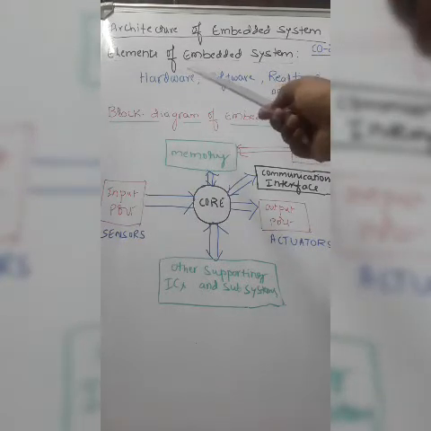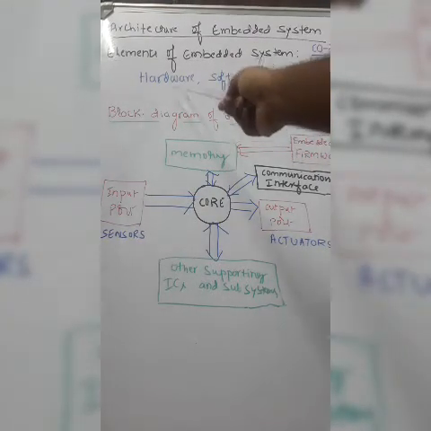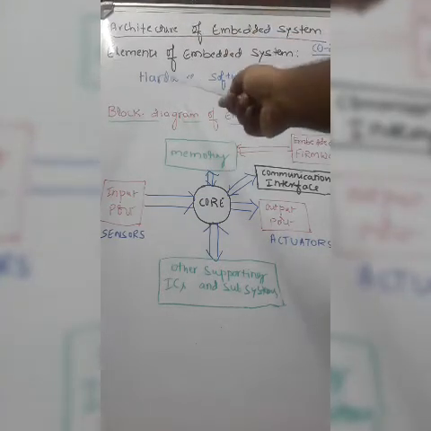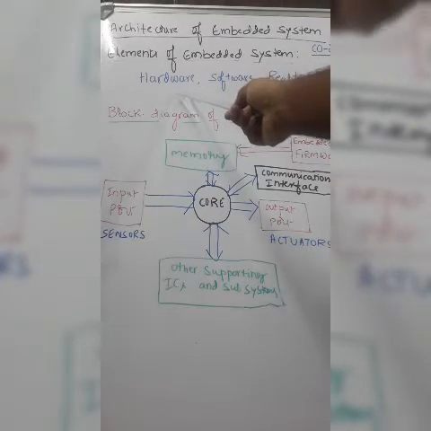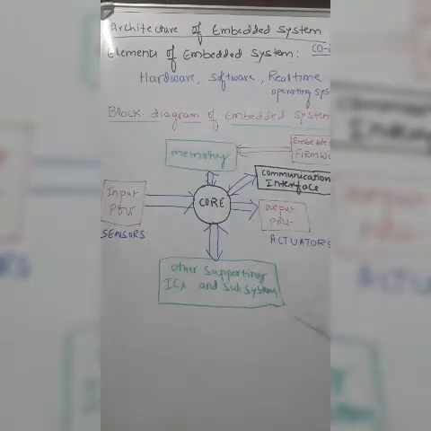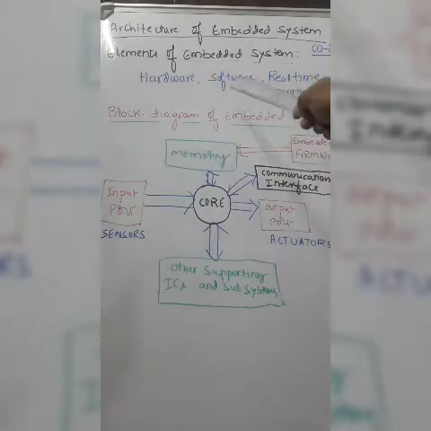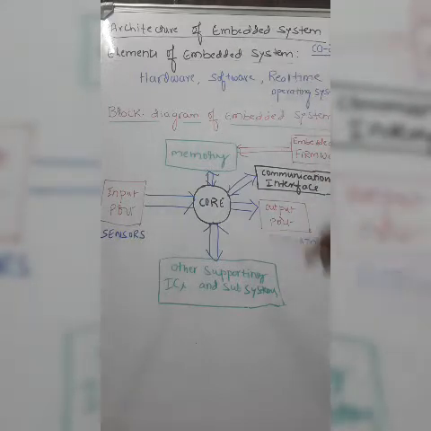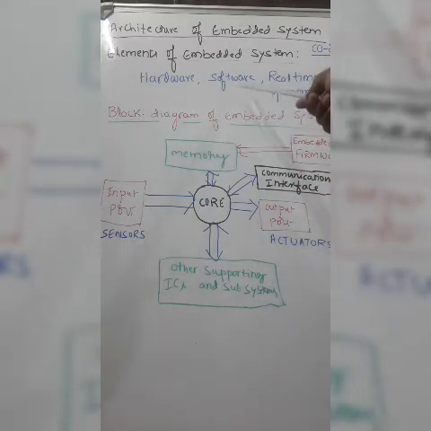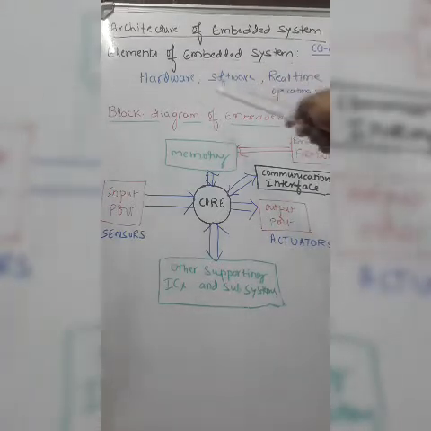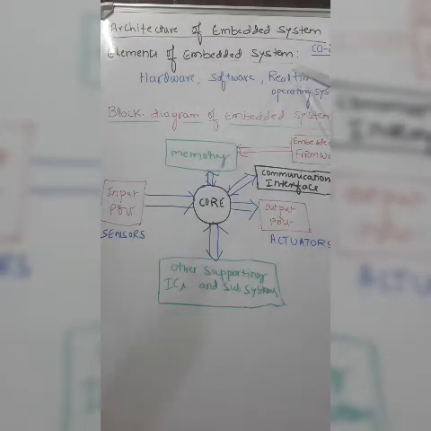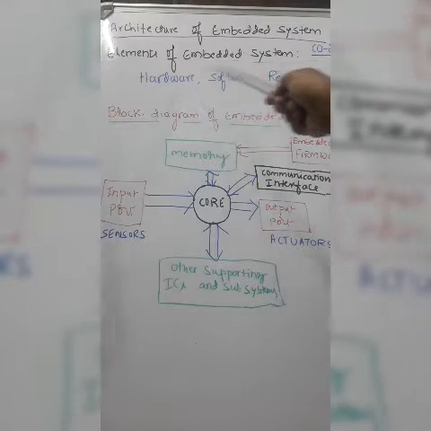Hardware will be power supply circuit, any processor, the memory, timer and communication ports, then application circuits and all will be there in the hardware. Software can be an application software. That means depending upon the task, the application that you are carrying out in this embedded system, you will have different software. Real-time operating system will manage both software and hardware, wherein it will help to switch from one program to another and enabling and scanning the hardware units.